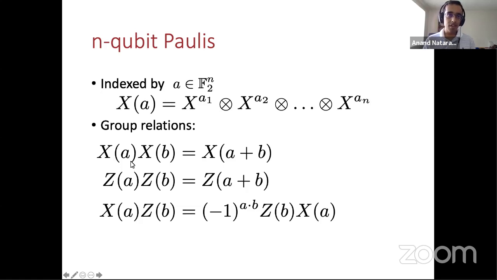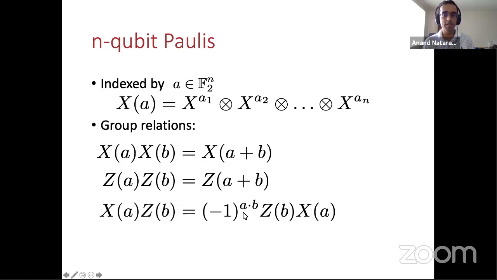Remember, for the Pauli group, we had X squared is equal to identity. In general, you can multiply 2 different X's that act on different sets of qubits, and you find that the indicator vectors that tell you what sets they act on just add mod 2. That's a generalization of the X squared equals identity rule. Likewise for Z's, if I take 2 Z Paulis and multiply them, the index vectors add mod 2. And then finally, if I commute an X and a Z past each other, I'll pick up a phase that goes as